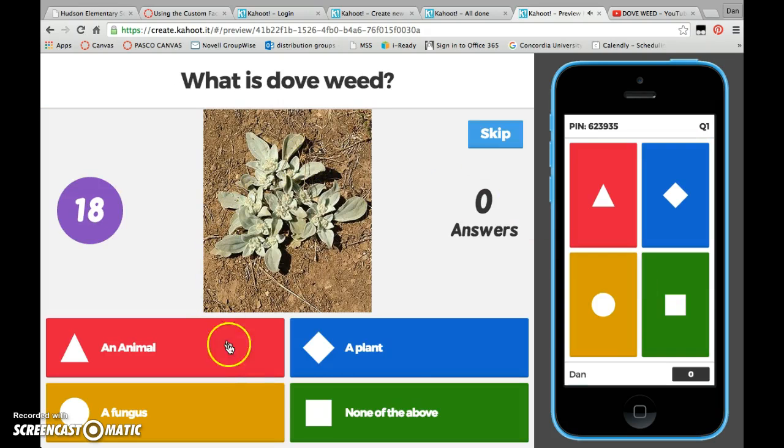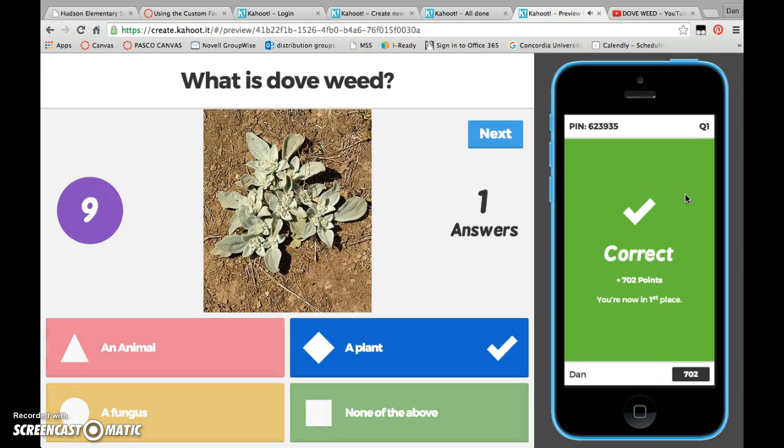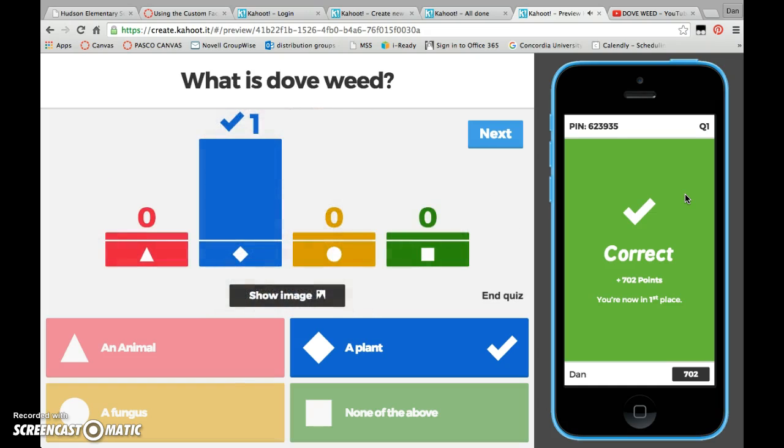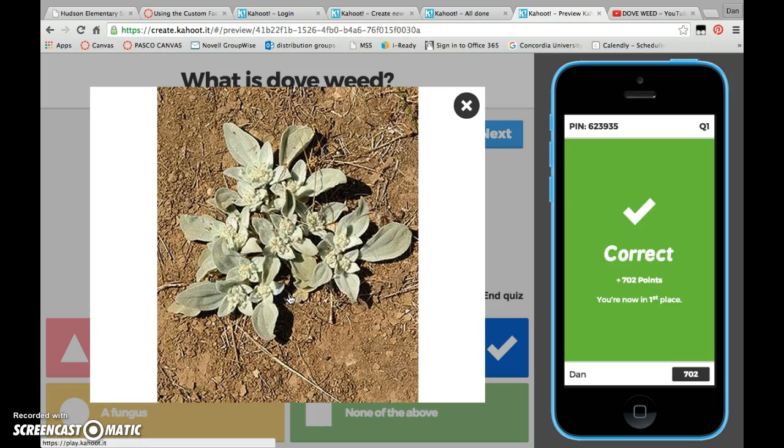This will be projected onto a screen, so the kids will see this. What is doveweed? Here's our picture, and I, as the student, would say it is a plant, and I'm correct. So then we wait until all of the students have finished, and you can see who got which question right or wrong. We can show our image again,